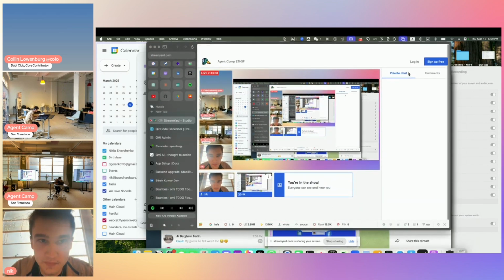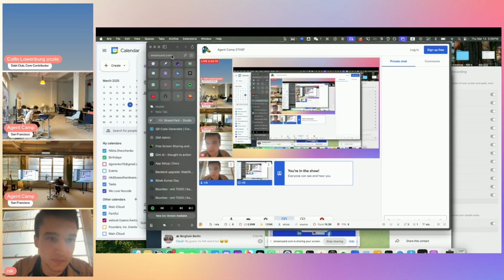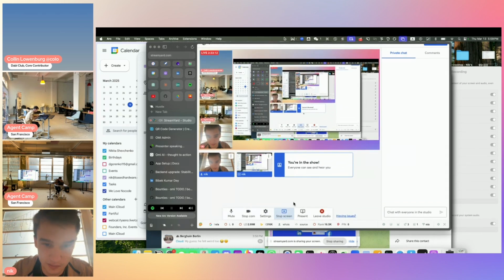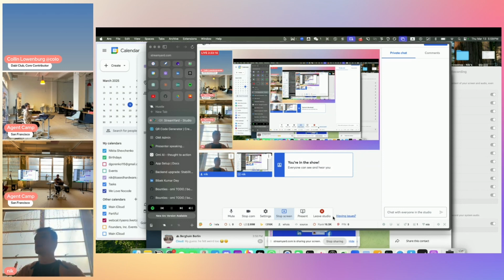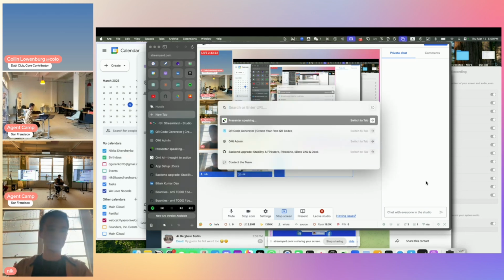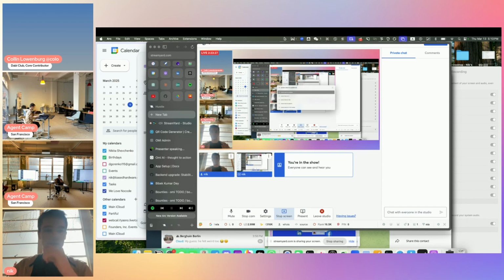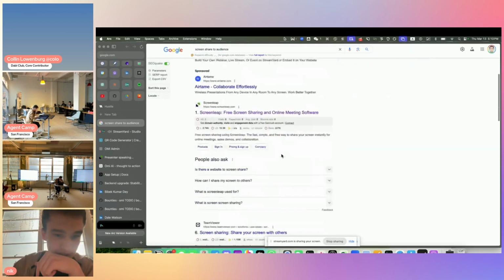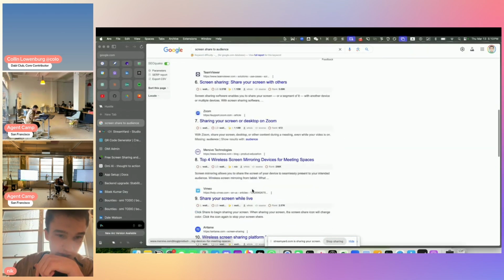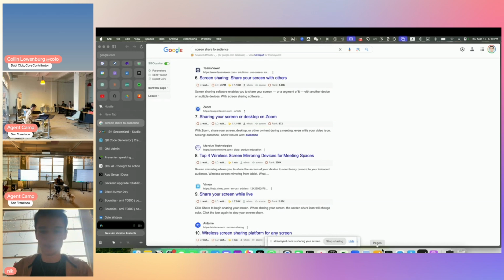One second. No, I don't think there is a link. Colin, where are you? Colin, come. Does anyone know a program that allows screen share to the audience? Let's see what else we can use here pretty quick. TeamViewer is trash. Okay, let's do Zoom.